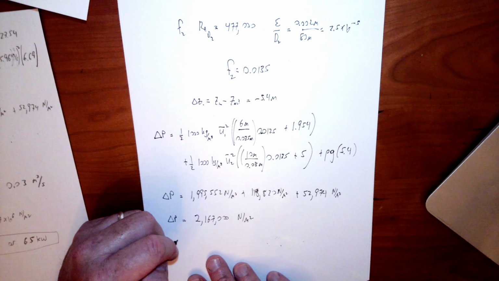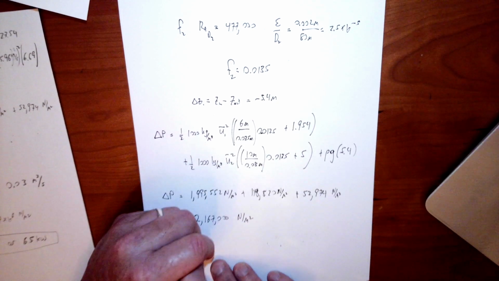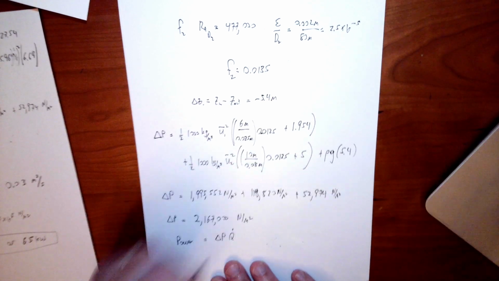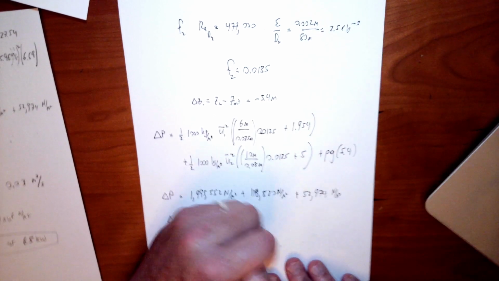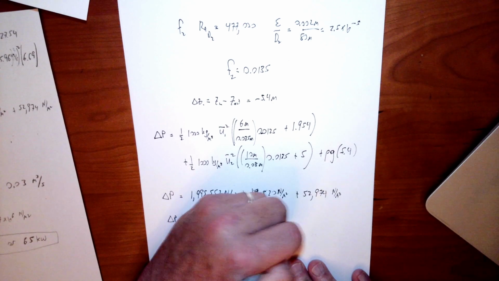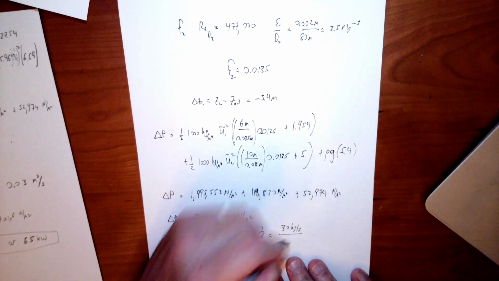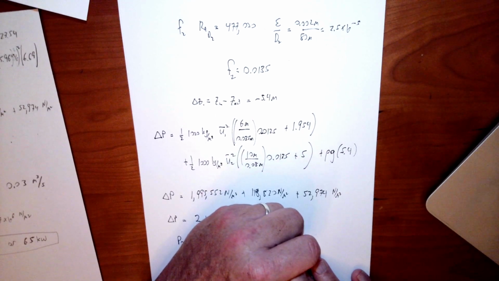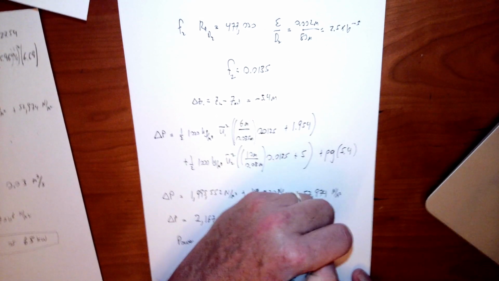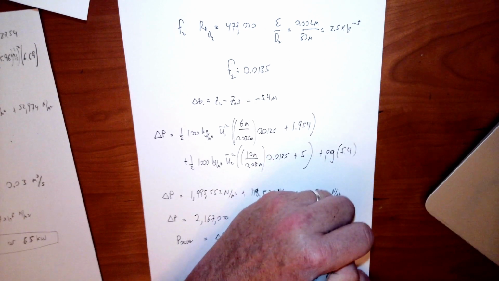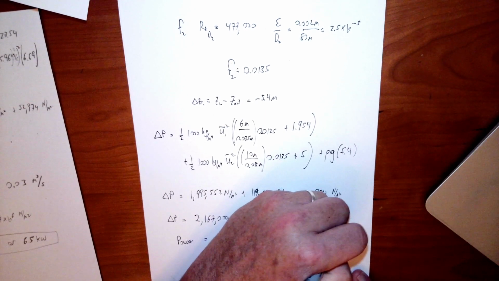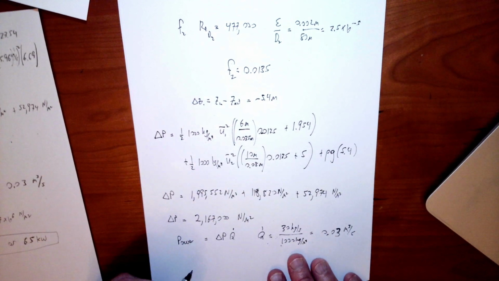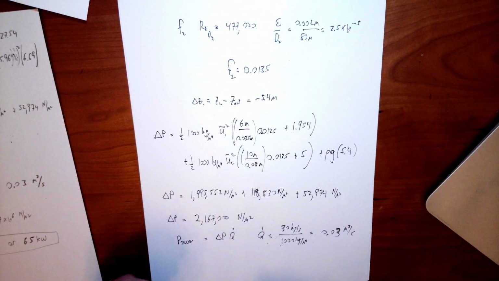Of course, I was asked actually to find the power, and the power we said was equal to the pressure increase times the volumetric flow rate. Well, the volumetric flow rate is just the mass flow rate, so kilograms per second, which was given, divided by the density. So that's kilograms per meter cubed. So that's easy, it's just 0.03 meters cubed per second. So that's simple, 30 divided by 1,000, 0.03. So we multiply that 0.03